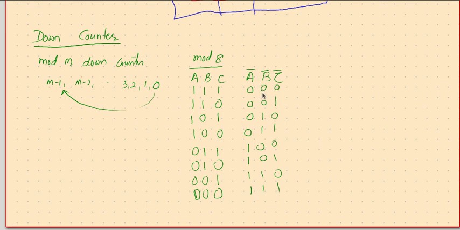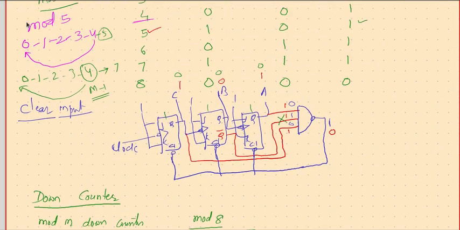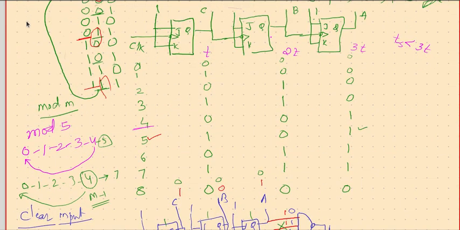Anything familiar? Yeah, of course. This is our mod 8 counter we just defined earlier. 0, 1, 2, 3, 4, 5, 6, 7, 0, 1, 2, 3, 4, 5, 6, 7. Oh, great. So, how can it be done? Yes, of course. Whatever is the mod 8 counter you have defined,